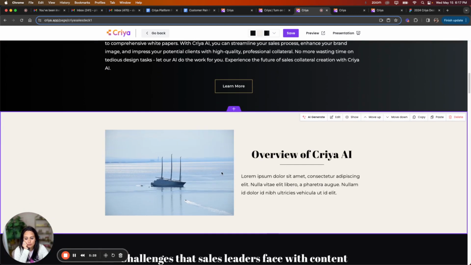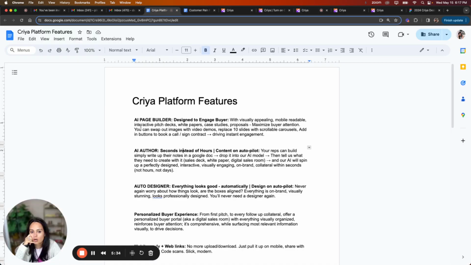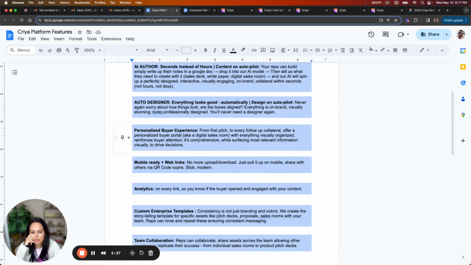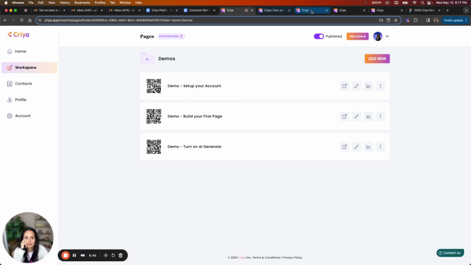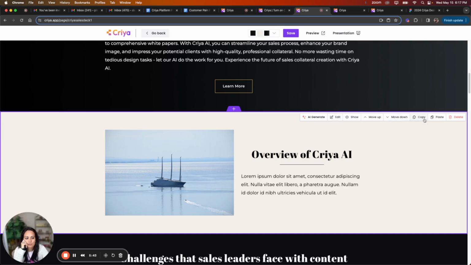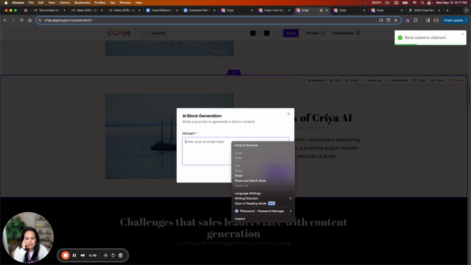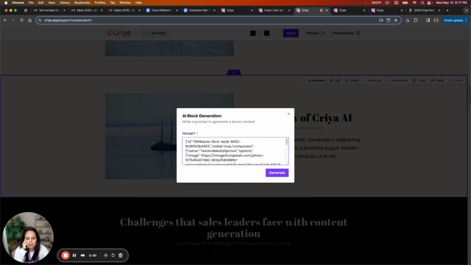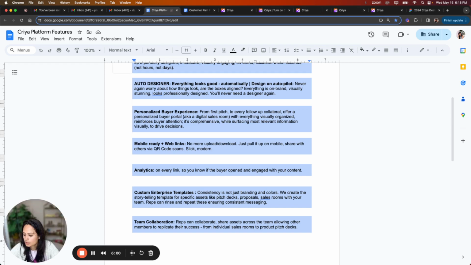This says overview of Criya AI. I want to give it a little bit more input. So this time I'm going to go ahead and copy paste this whole thing. So here, where'd it go? I'm going to make a copy of this just so I don't lose it, and click and just paste this entire content. Okay, I was able to clean up that, remove all the HTML. So I'm gonna go ahead and click copy,